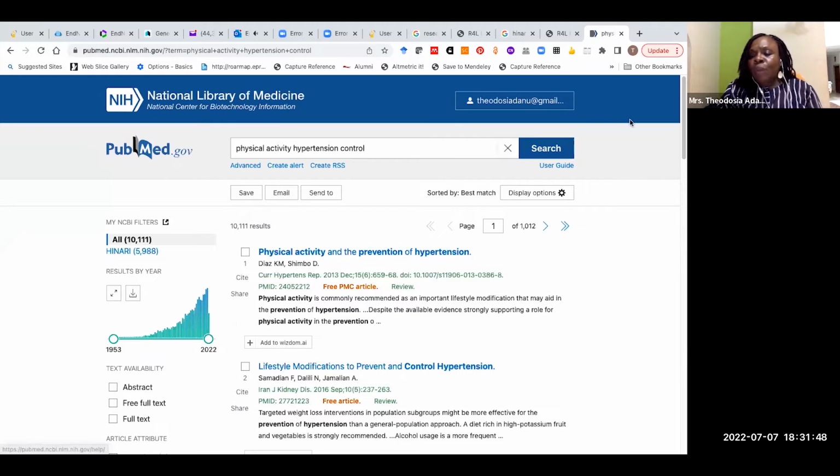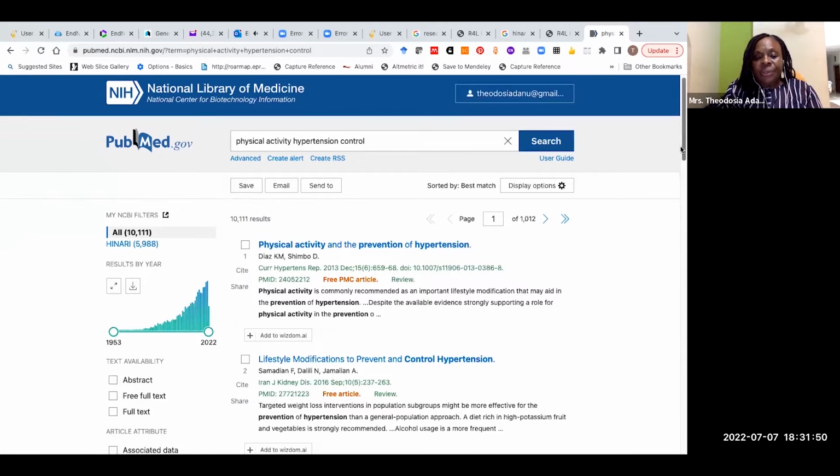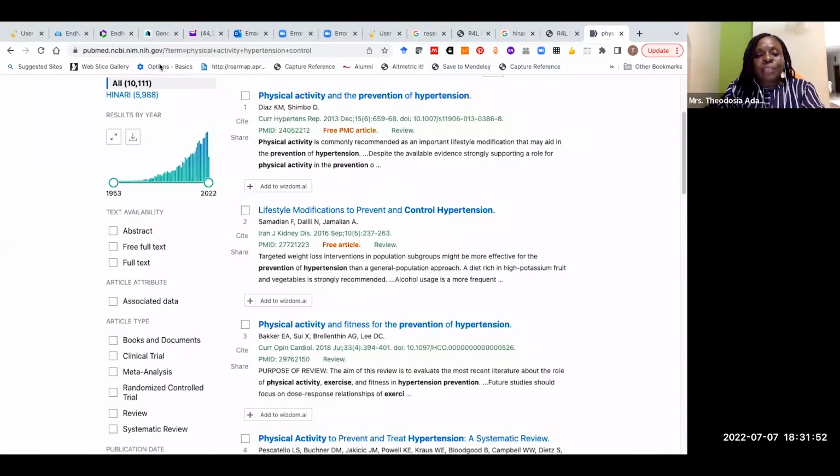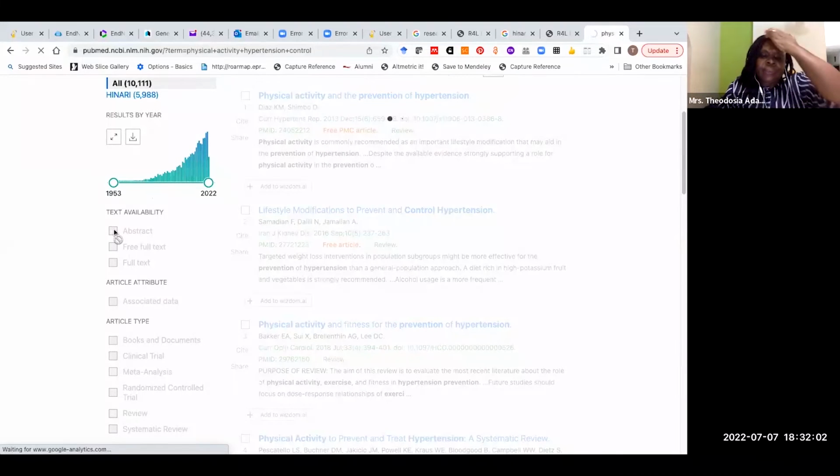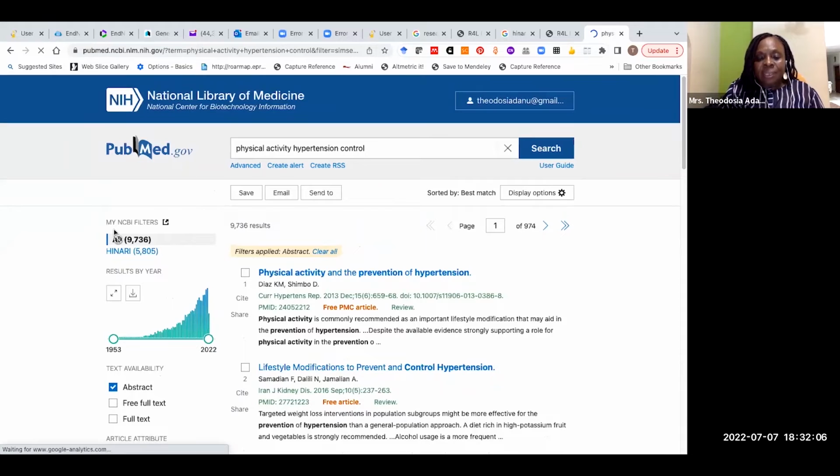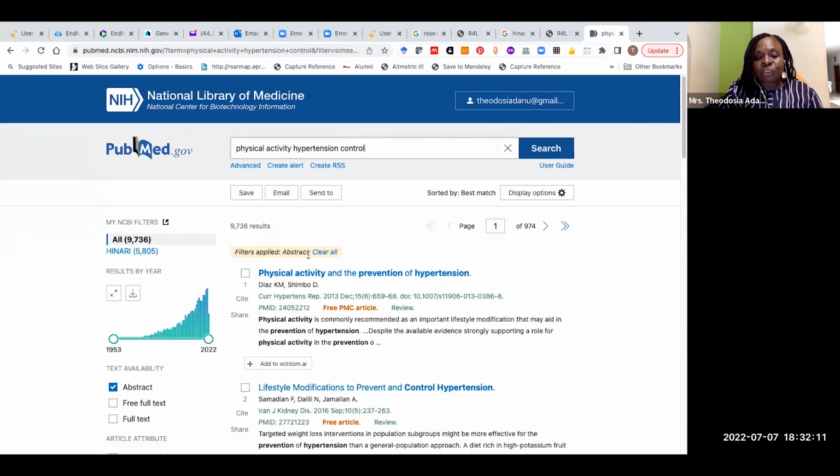Okay. And when you scroll down, this is the filter bar that I mentioned. You can limit your search to just abstracts if you so wish. When you click on that, you see the filters applied, abstract.